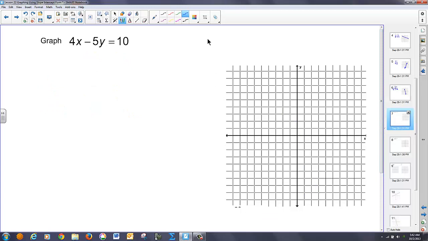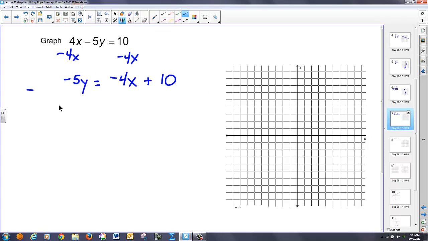Now in this case, you'll notice y is not isolated, so I don't have this in slope-intercept form. I'm going to do that. And I've got a couple of ways I can do it. I could choose to bring the y over to this side to keep it positive. I'll just leave it right here and subtract 4x from both sides. Notice I don't have like terms though on my right side, so I'll have -5y is equal to, I like putting my x term first, -4x plus 10. Now I need to isolate the y, so I have to divide both sides by -5, and